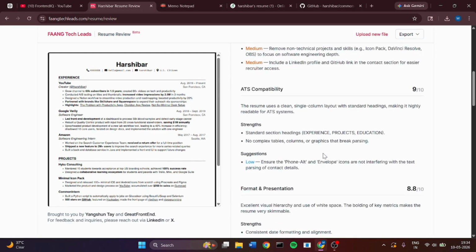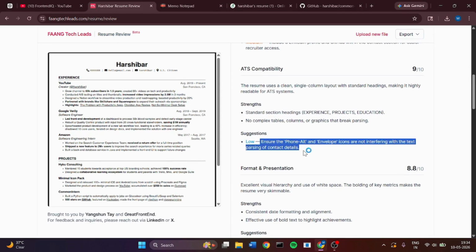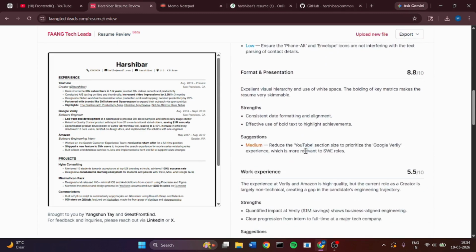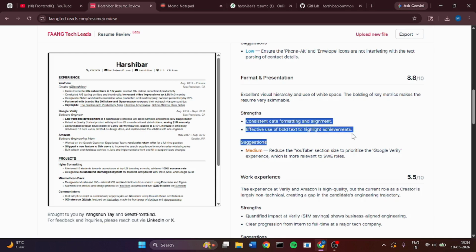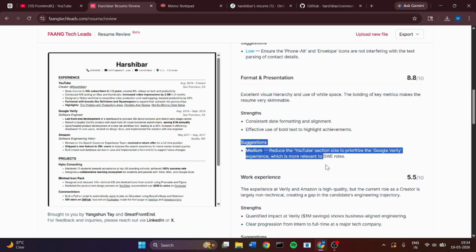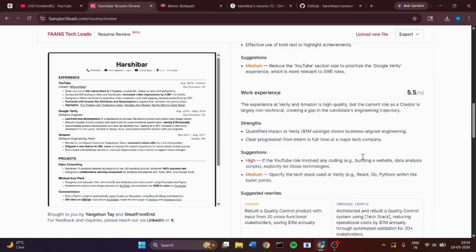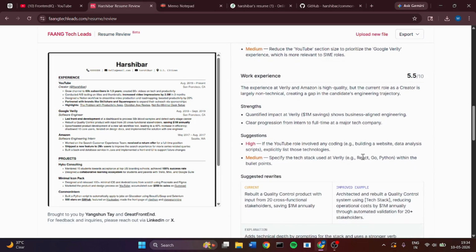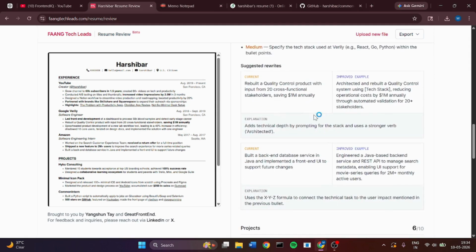Here we can check the low scores. And in the formatting section it shows what is good, and some suggestions are given, so you can change this according to the given suggestions. Also you can use ChatGPT for getting perfect sentences. It can also suggest that the current sentence is this, but you can improve it like this.